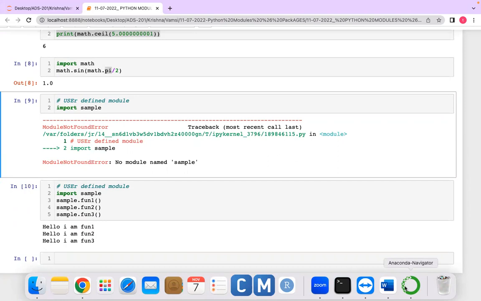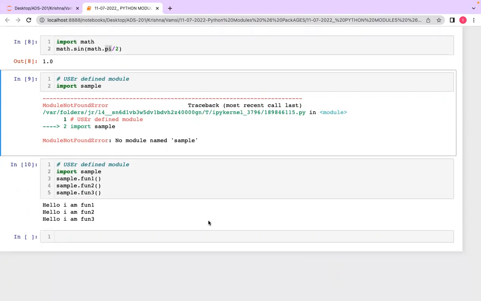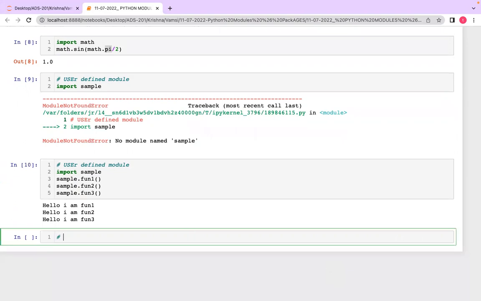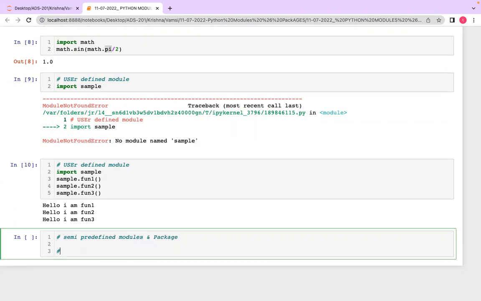Okay, now we'll go for using the semi pre-defined ones. Semi pre-defined modules or packages are the things that are available on the internet. First, step 1 is install the package.